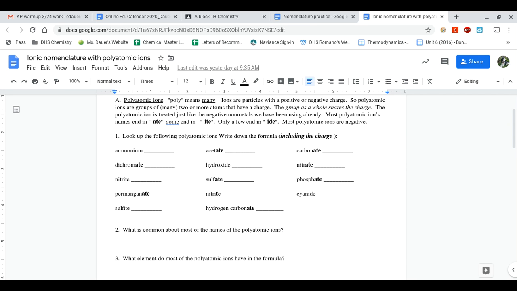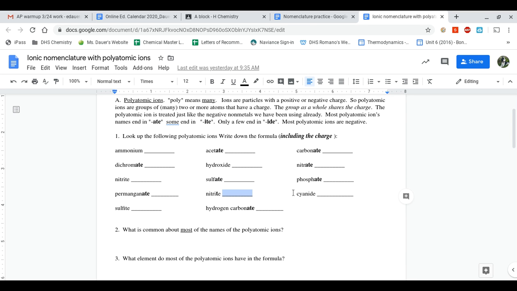nitrite NO2 minus. Again, that ITE form, I like to say it is itty bitty. So it has one less oxygen than our ATE form. And we just said that nitrate was NO3, so nitrite must be NO2. I also think I put these on here twice. My bad. There is a second nitrite down here. Maybe I'll change it to an iodate or something for next year's kids. All right, so next, sulfate, SO4 2 minus, phosphate, PO4 3 minus, permanganate, MnO4 minus, nitrite, again, it's still the